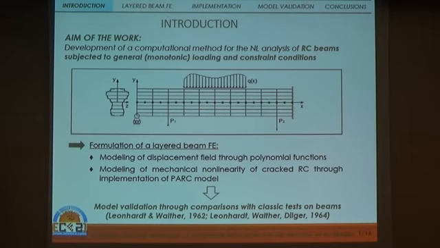This work deals with the development of a computational method for the nonlinear analysis of reinforced concrete beams subjected to general constraint condition and monotonic loading. To this aim, a layered beam finite element has been developed with refined kinematic assumption, and so the actual bidimensional displacement field in the beam is here approximated by means of polynomial function, which describes the variation of displacement along